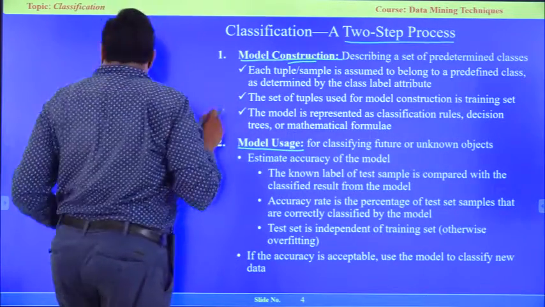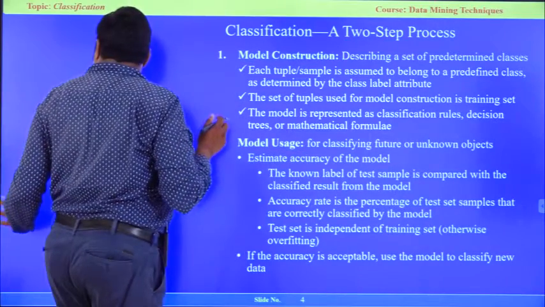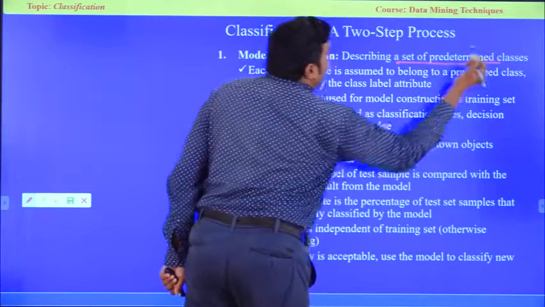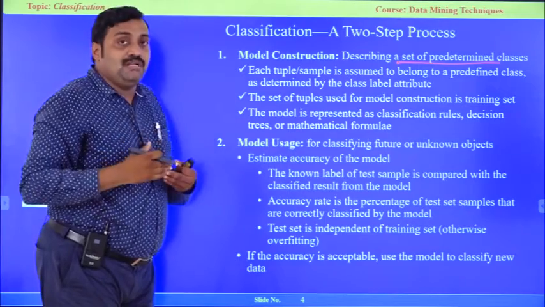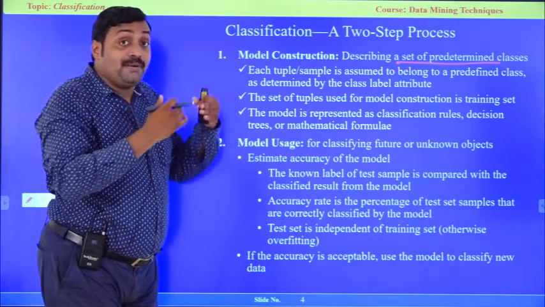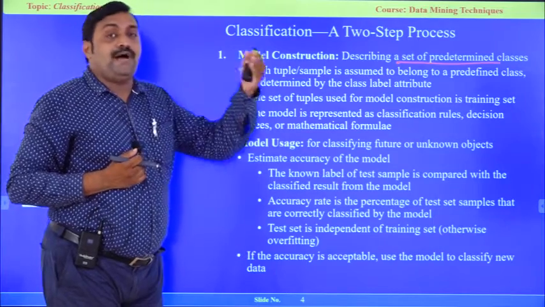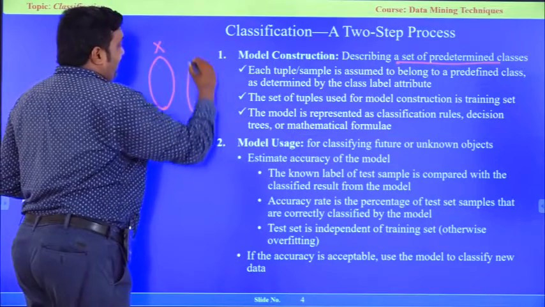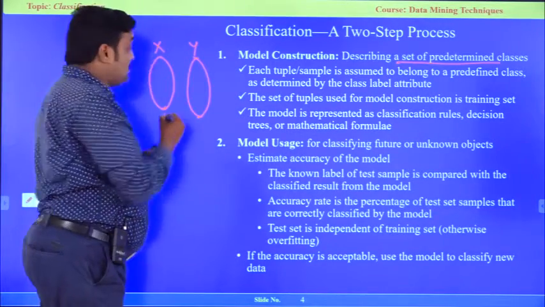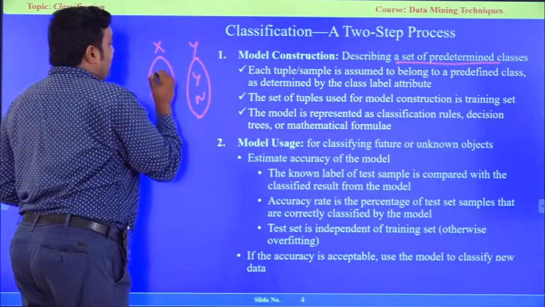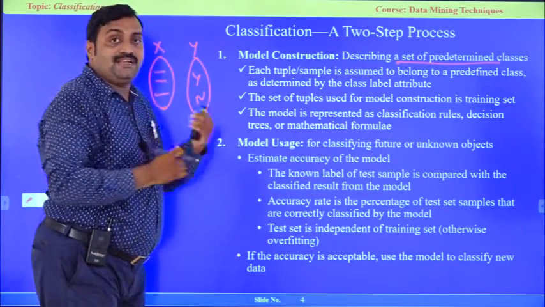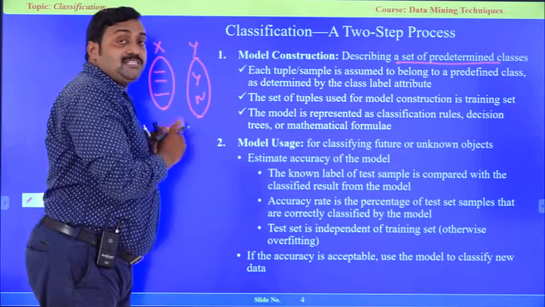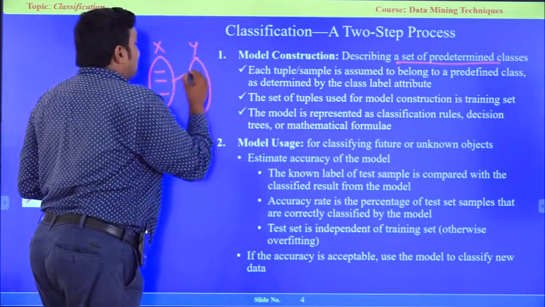Okay. Now under construction, what are we going to do? Under construction, we have a set of predetermined classes. That means when we design a model, we have predefined class names based on the attributes and properties. That means based on your x and y, where y is the class label, predefined class labels like yes and no. And here we have the inputs. We design the model in such a way that x has all the independent variables. Based on the independent variables, I am going to predict what class it is, whether it is the yes class or the no class.